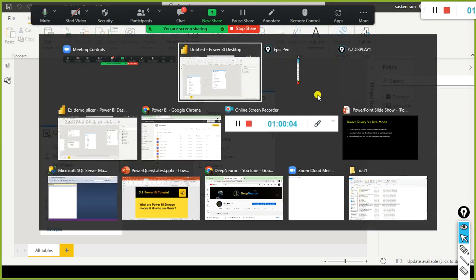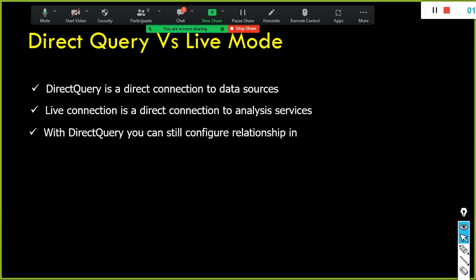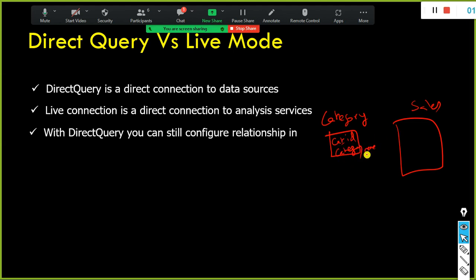So what do you mean by filtering? I'll just explain it now itself, but it is too early to explain anyhow. For example, instead of using date and calendar, I'll use some other example so that you will be able to understand. I have a category table, I have a sales table. The category table has cat ID and category name, along with the data. But in the sales table, you have order ID, order date, cat ID, and product key, something like this. Cat ID and cat ID you create it. But in this table you will have